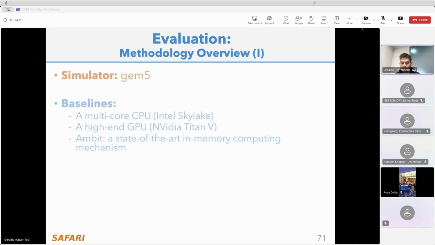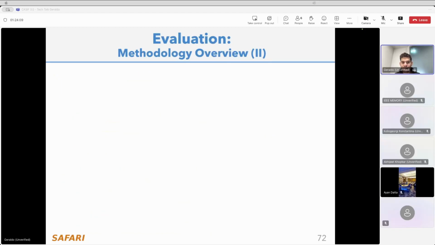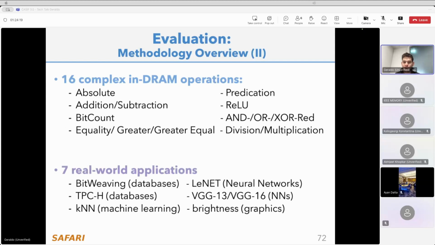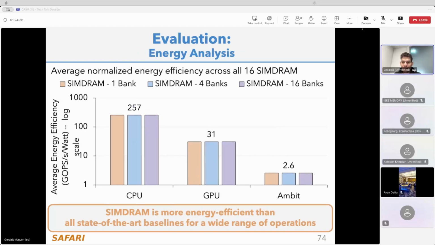So we evaluate SIMDRAM in simulation, and we compare it to a CPU, a GPU, and the prior state-of-the-art processing-in-memory computation. And we use this framework to implement 16 complex in-DRAM operations, including addition, subtraction, division, and multiplication. And we use those in-DRAM arithmetic operations to accelerate 7 real-world applications, including some neural networks. And really briefly, we saw that by doing those 16 operations in DRAM, we see significantly improved throughput compared to the CPU and the GPU, and also